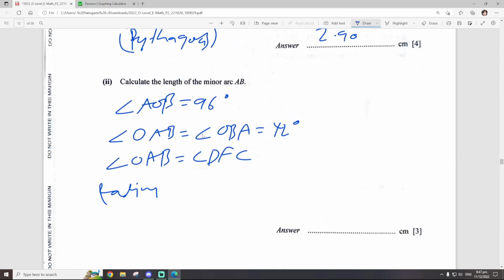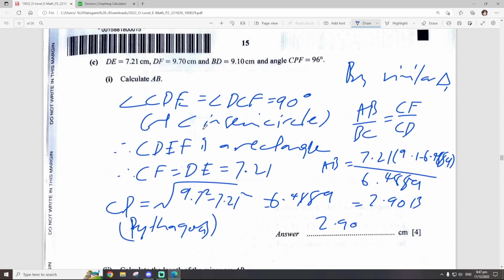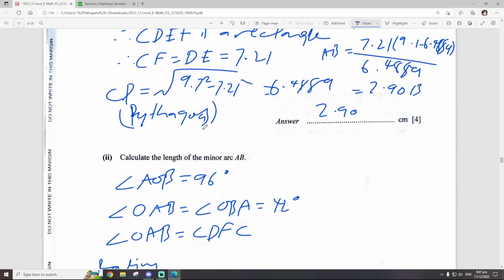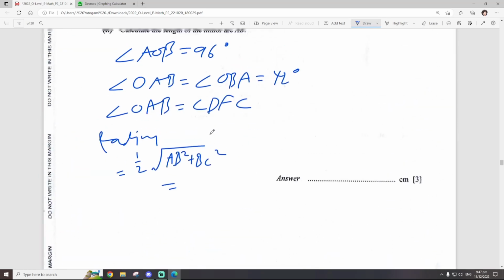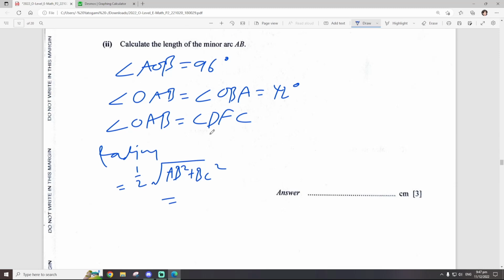Radius equals half times the square root of AB square plus BC square. And remember that BC is the 9.1 minus 6.4889 thing. If you solve for this, you will get 1.9516